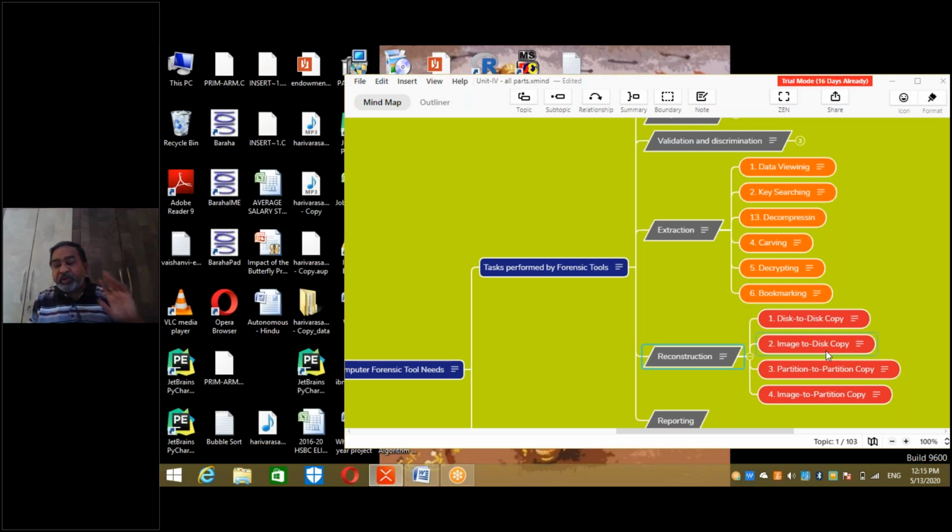So disk to disk copy, bit by bit copy, disk copy, X copy, image to disk copy, disk utility tools, not disk editor. Partition to partition can be done. That is piggybacking copying. If I use the word piggyback, back to back, open one over the other, doing exactly the way it is. Image to partition.